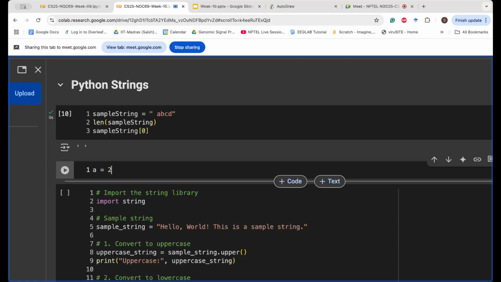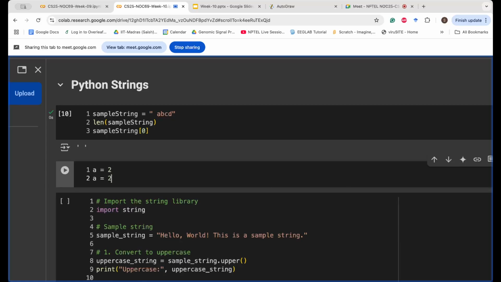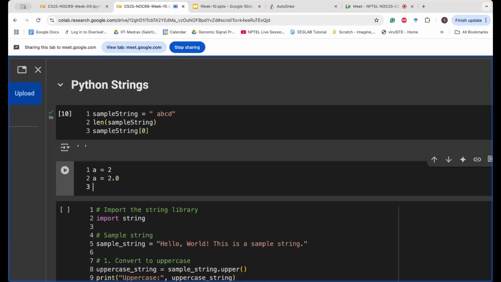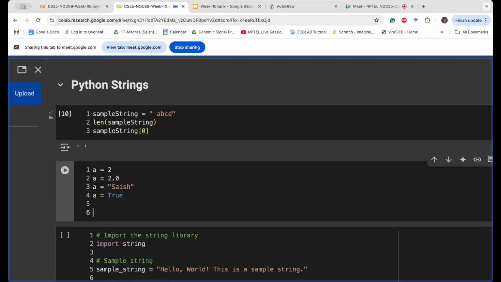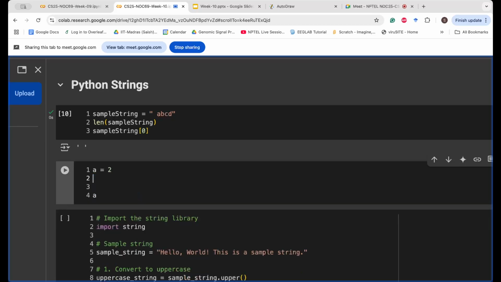For example, if you write a equal to 2, it will be an integer. If you write a equal to 2.0 or 2.3, it will be a float. And if you write a equal to a string, it will be a string, and so on. A equal to True will be a boolean. However, you can also change the data type of a variable. For example, if you write a equal to 2 and let me print the type of a,